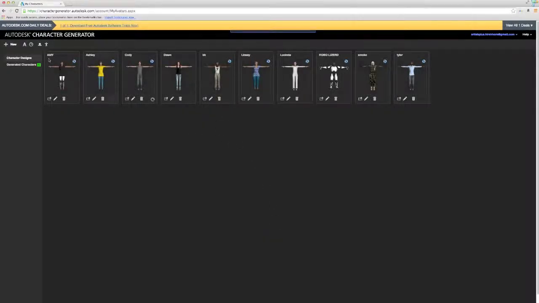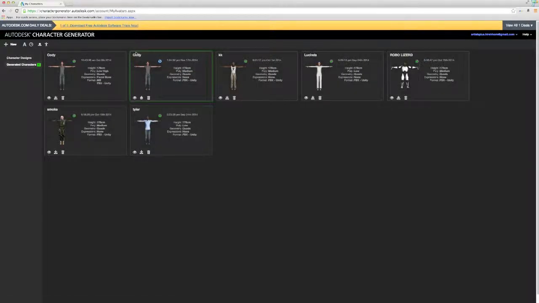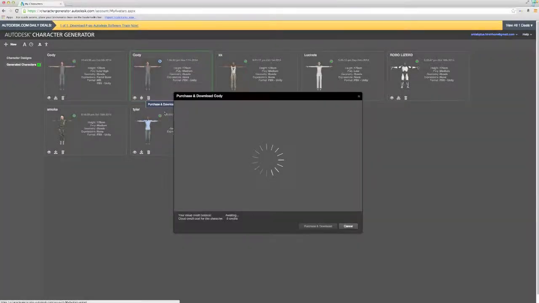and it's going to take my generated character when this is finished into the generated characters. So I'm going to go ahead and load that up. Right now I already have one generated, and here it is. You can see I have the format as an FBX-Unity. It's in quads, and all you have to do is hit this purchase and download button,